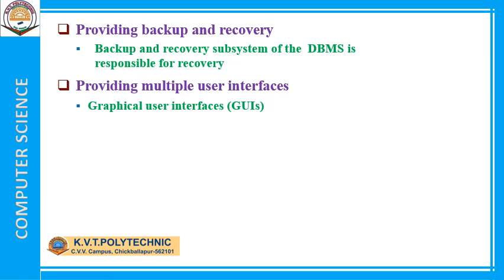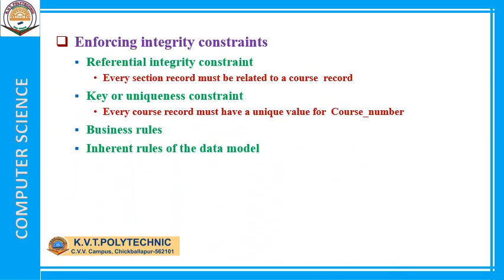And also it is providing multiple user interfaces, that means different kinds of users can access the database at the same time. We saw earlier that casual end users, that is clerks, can also access the database, and managers, high-level managers, can also access the database. Different kinds of users can also access the database. Next is